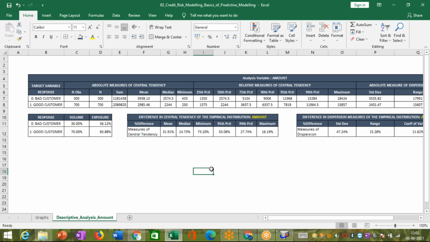So obviously this shows that the higher the amount is, the higher will be the chances of a bad customer, and hence this variable will have a positive relationship with the risk. Also, if I include this variable, the profile or the descriptive measure of the variable is very different across these two groups, and hence we can conclude from here